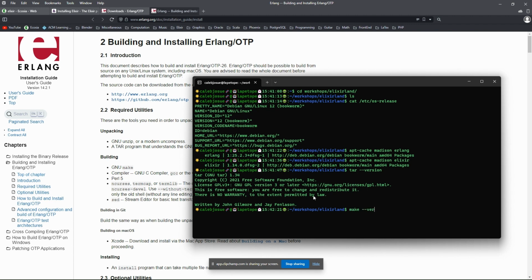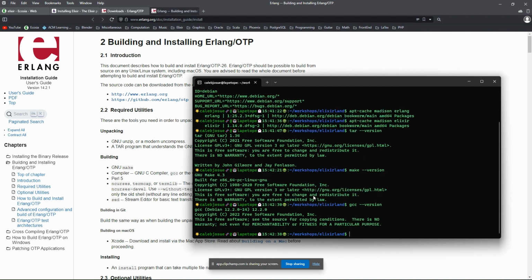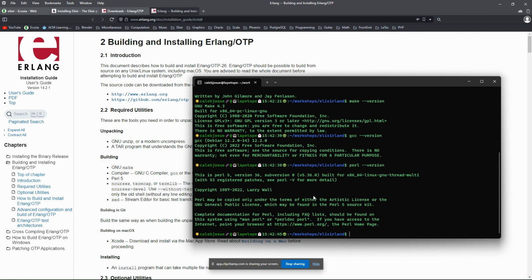These utilities, and here we are seeing make, and let's continue in the list, and it is the turn of GCC. Now it's time to check Perl in its version 5,